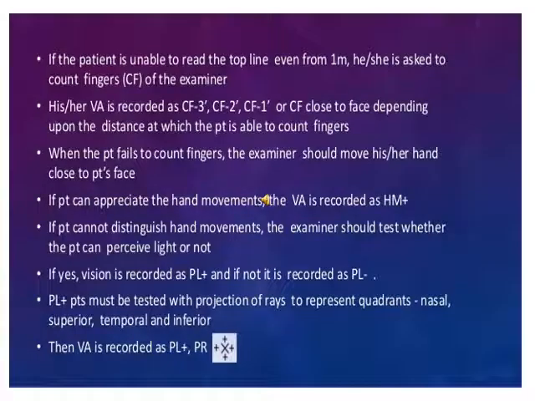The most common question asked to you is, what do you mean by 6 by 18 visual acuity? So you will have to explain that 6 by 18 means the distance at which the person is seeing the letters divided by the distance at which the letters should be read, and that is written beside the line that is being read. So 6 by 18 or 6 by 9 or 6 by 12 means the person is reading from a distance of 6 meter, and the denominator means that line should be read by a normal person from that 18 meter distance or 9 meter distance.